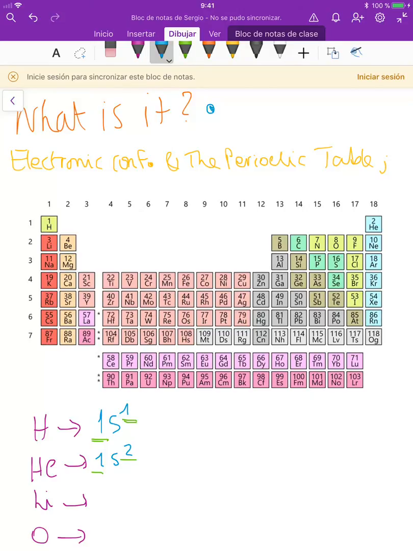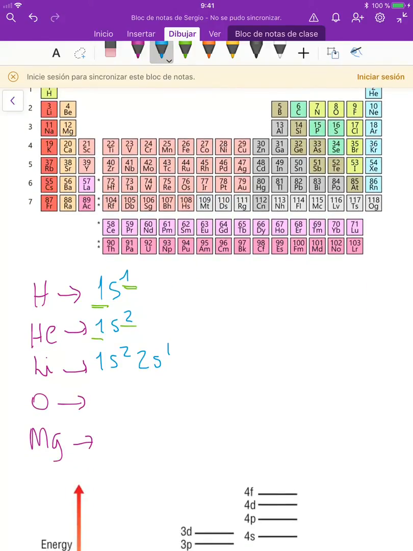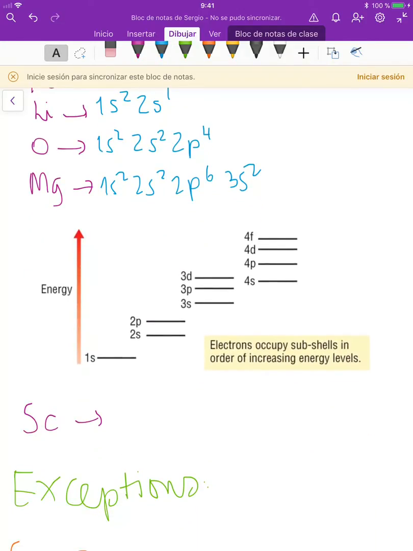Then we go to lithium, which is 1s2, 2s1. Then we go to oxygen, which is 1s2, 2s2, 2p, 1, 2, 3, 4. Then we go to magnesium, which is 1s2, 2s2, 2p6, and 3s2. This is very easy, but sometimes it gets more difficult because not all of the subshells